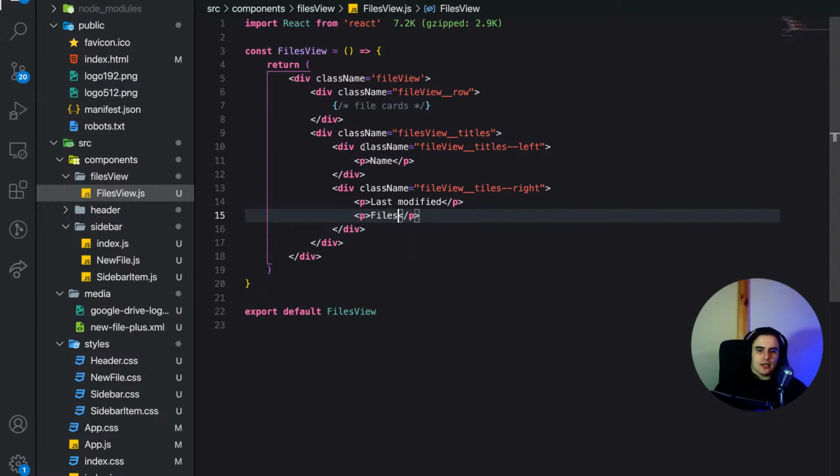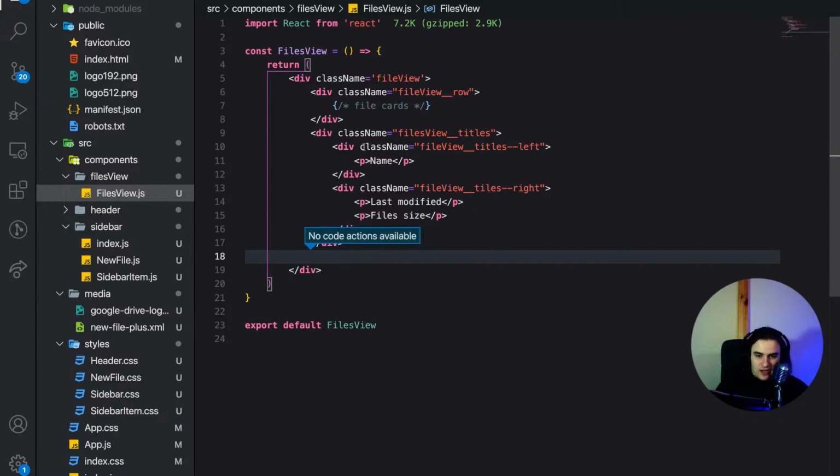So that's something to keep in mind, all these little things are going to give so much more value to your application. And this is where all the file